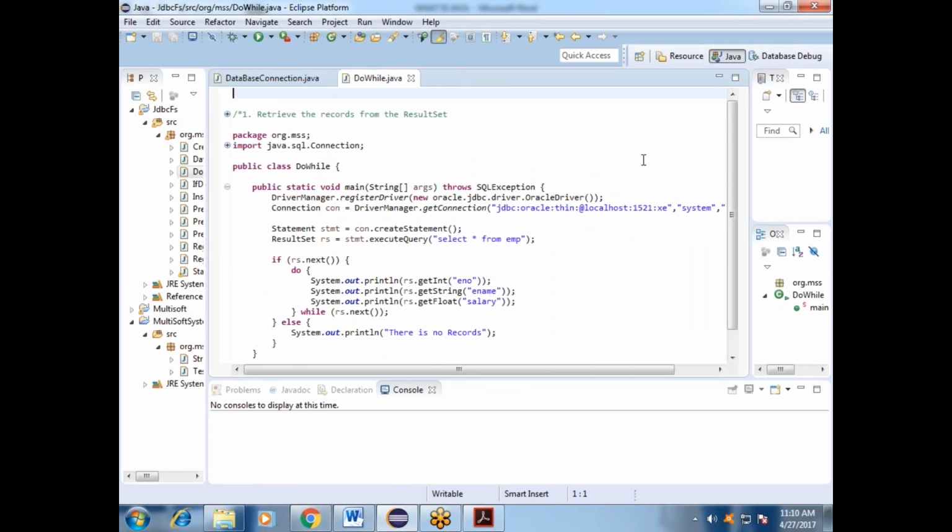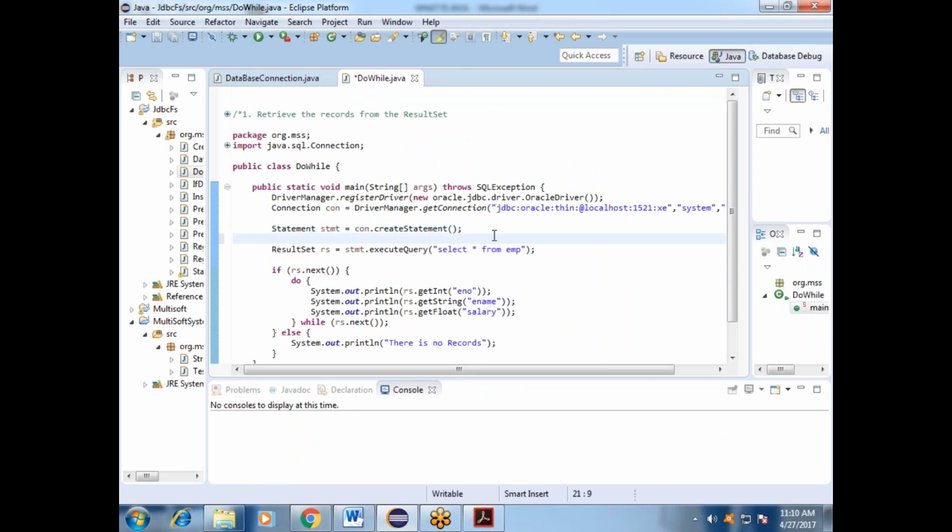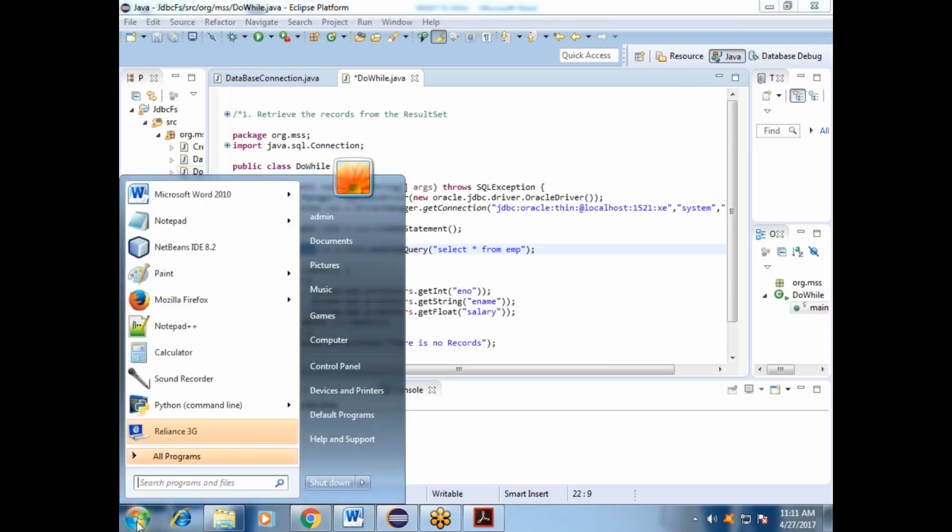Now see, whenever our table data comes, this is the ResultSet, and we are retrieving the data from the employee table.